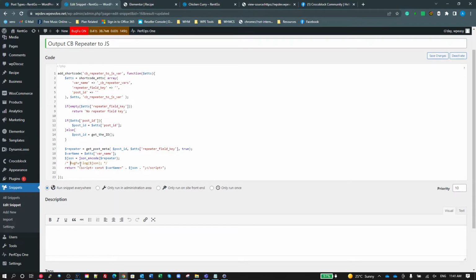I'm going to comment out this bug foo here and show you what that does. That's a plugin that you install. You're trying to work out, you're not sure what you're going to get back from anything here. You can echo it out to the console from PHP. I'll show you how that works. If I save changes there,